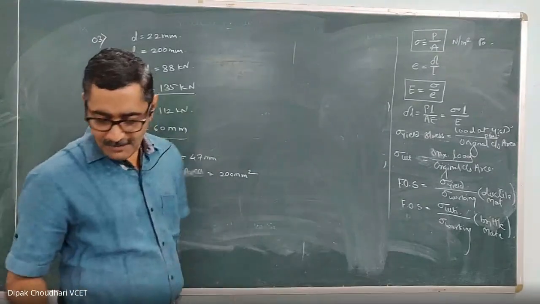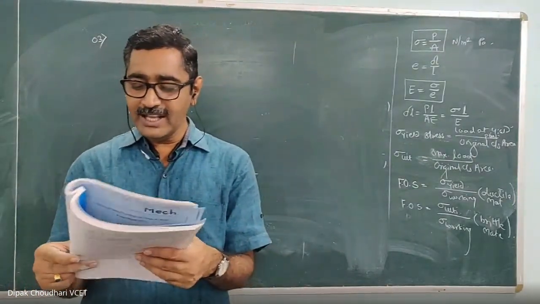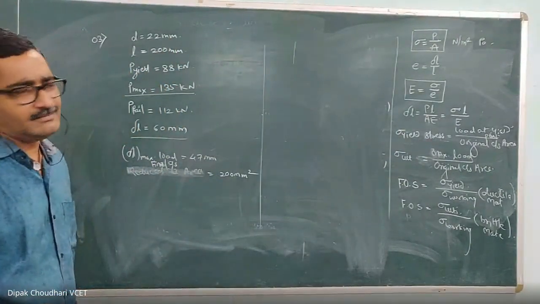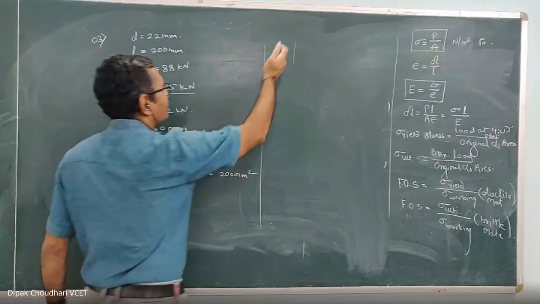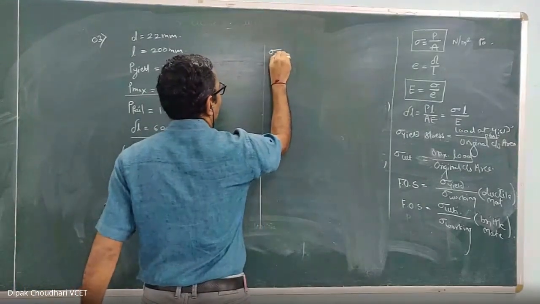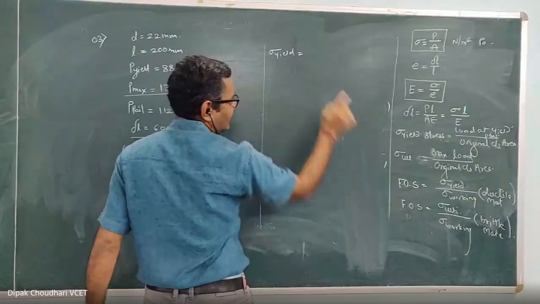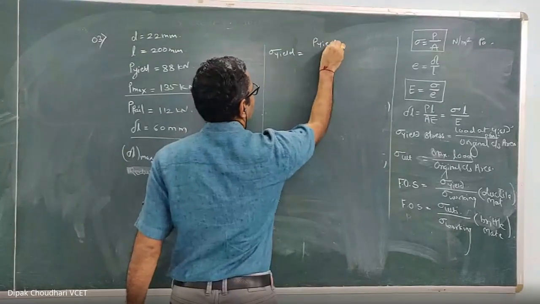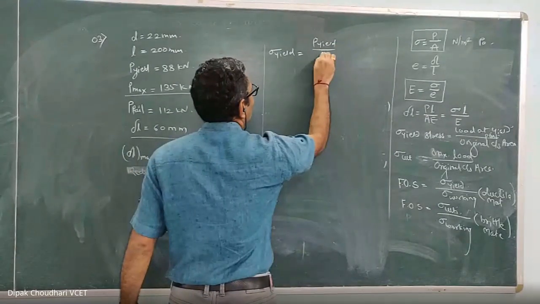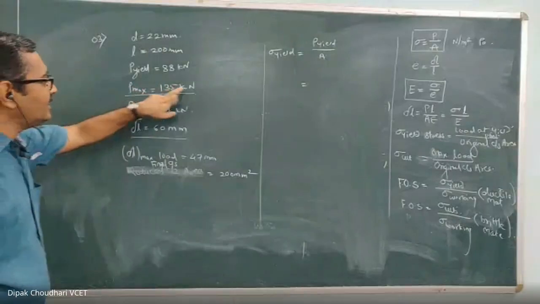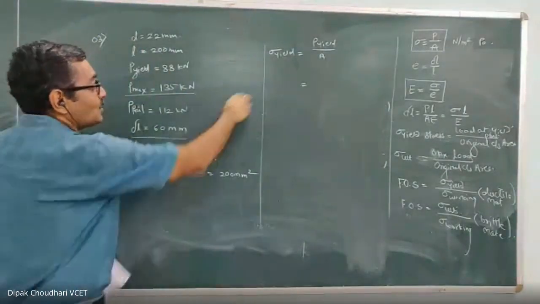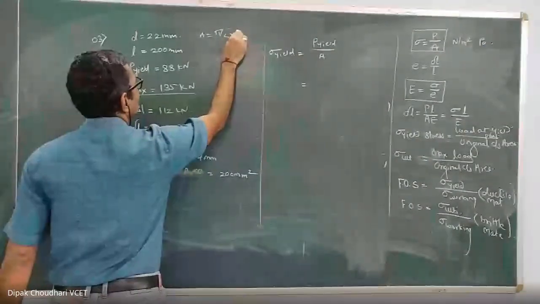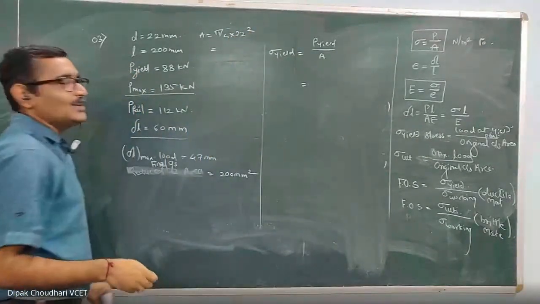Okay, what we have to calculate? We have to calculate the tensile stress at the yield point. Very simple sum. All explanation is already done. How can we calculate the stress at yield point? Stress at yield point is the load at yield point upon cross-sectional area. Just put the value, you will get the answer. If you substitute the P in kilonewton and area, this is the original area, so area equal to pi by 4 into 22 square. This is the original area.